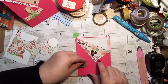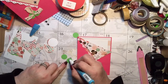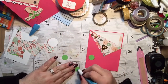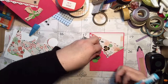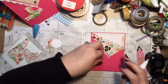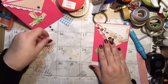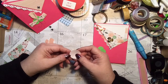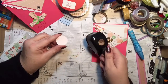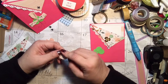And then for the flowers, I place all three of these down, and I'm going to use my glue stick for this. And I just want it to be like in a little triangle. And then to make the flower, you will take a circle, and this circle is cut at 1 1/4. It's just a punch similar to this, only it's a bigger one. It's 1 1/4 inches. And you fold in